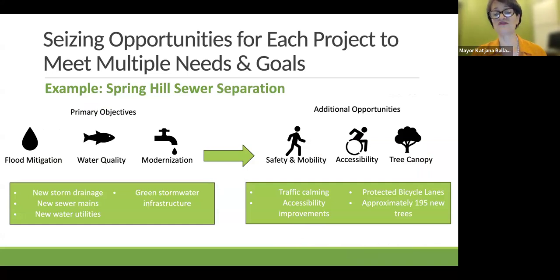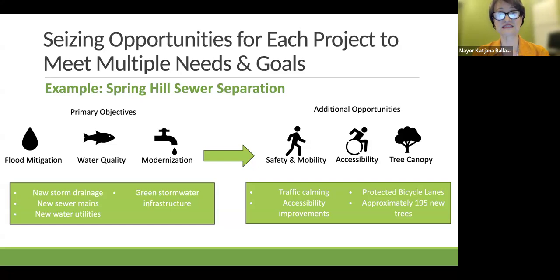Another way we work more efficiently is by pursuing multiple goals within a single project. For example, the Spring Hill Sewer Separation Project is primarily a stormwater management project. Its main goal is to reduce flooding in the city, reduce water pollution, and modernize our underground infrastructure.